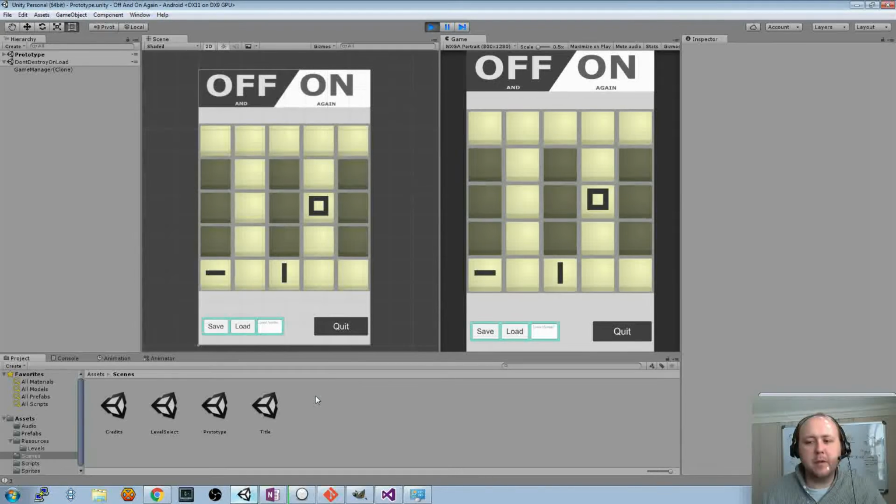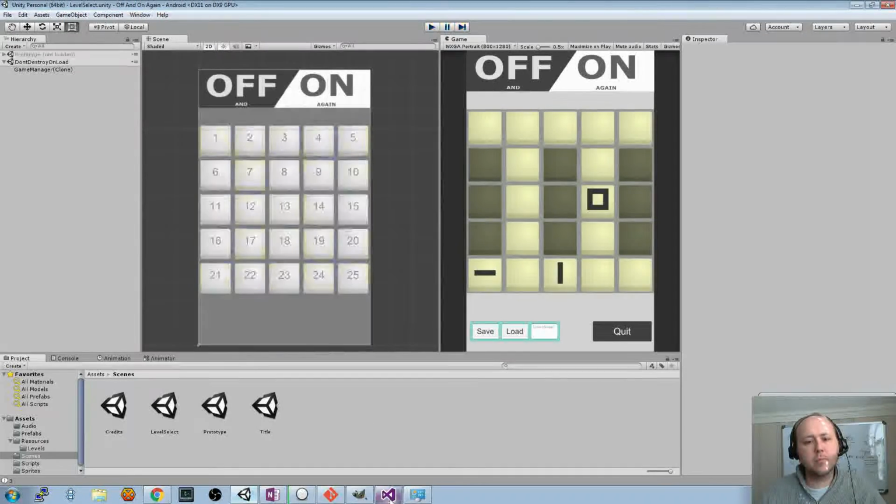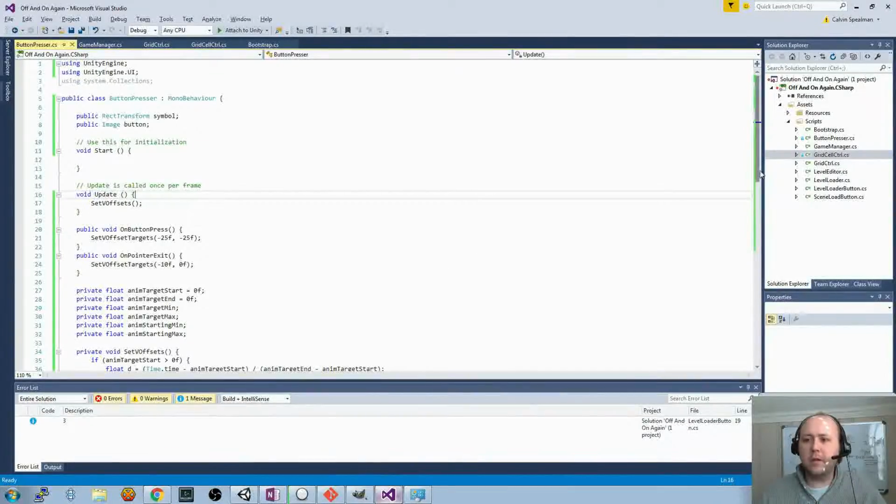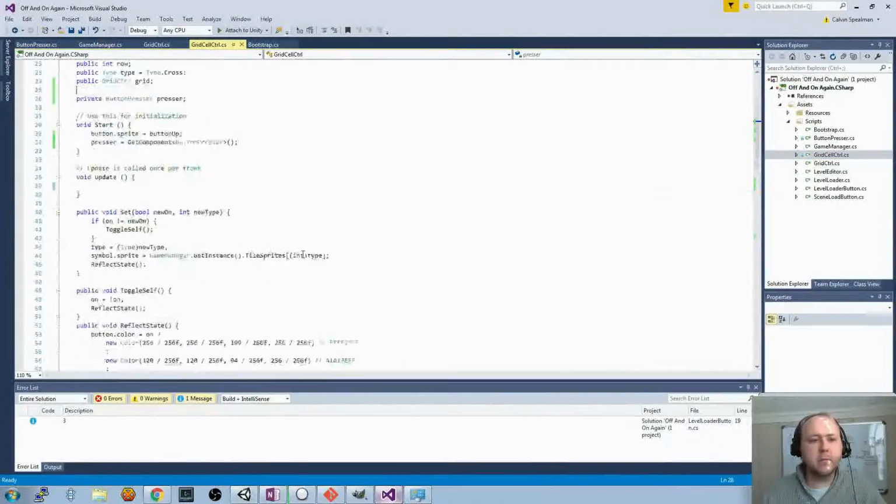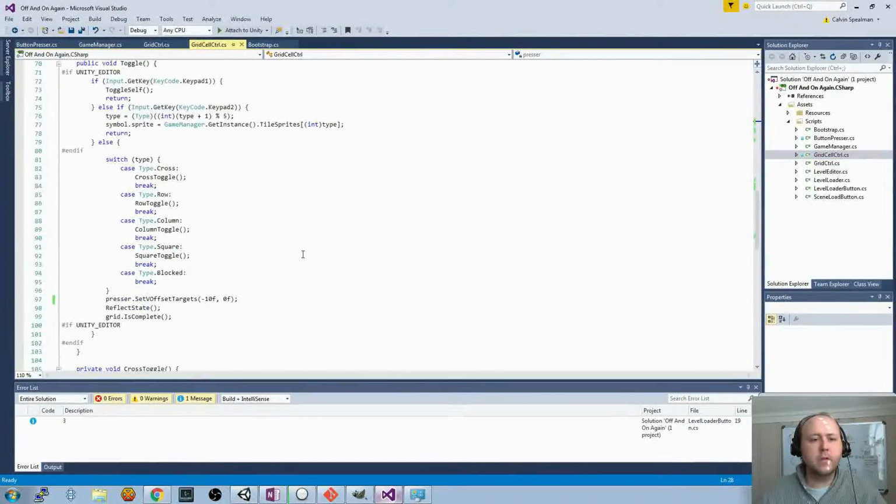So I'm going to spend a short bit of time at least investigating what this would be like to implement, and the goal right here is to see if it's straightforward enough for the time that we have. So we're going to take a look at that. We're going to look at the grid cell controller, which currently implements that toggling. And it does so